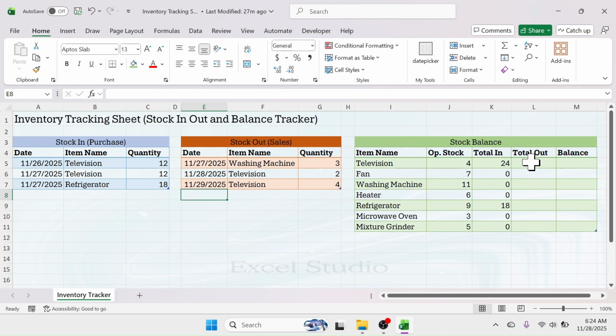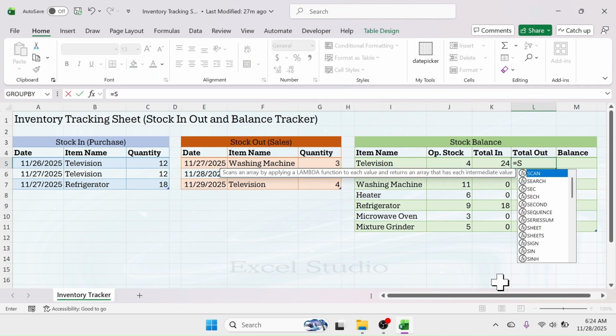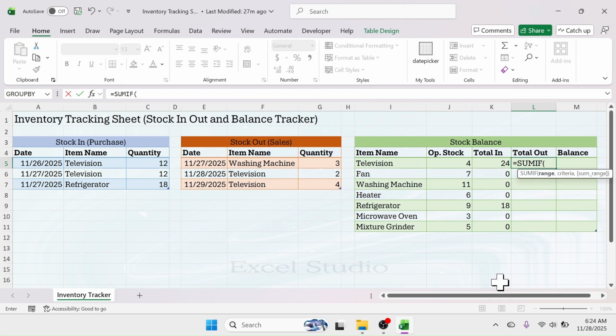Now in the stock out column also, use the sum if formula. Press equal to, type sum if, bracket open. In the range parameter, provide this item name column of the stock out table. So put here stock, choose the stock out table, open square bracket, then choose the item name column, close square bracket, put a comma. In the criteria, select the first item of the stock balance, then put a comma,